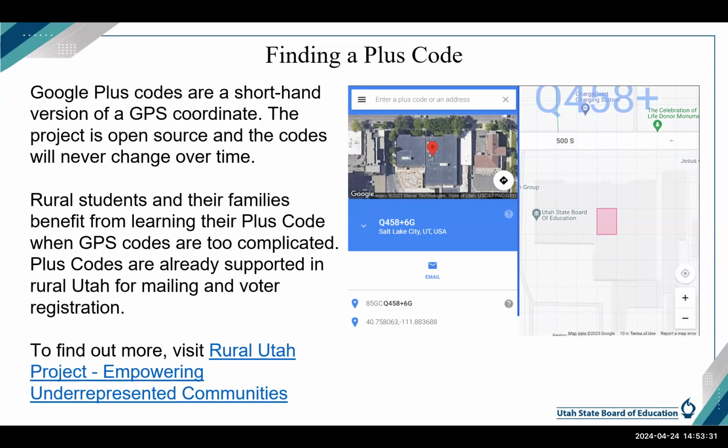Also, as a note, I said the purpose for why we're collecting the data goes beyond what we're asking for. I think it needs to be a part of the sales pitch that we all take away from this: we need to communicate not to our LEA admins, "Hey, you need to go do this," but to the students, to the parents, to the people that have that address, that this is of use for you to know. This is of use for you to find out and to be able to share,